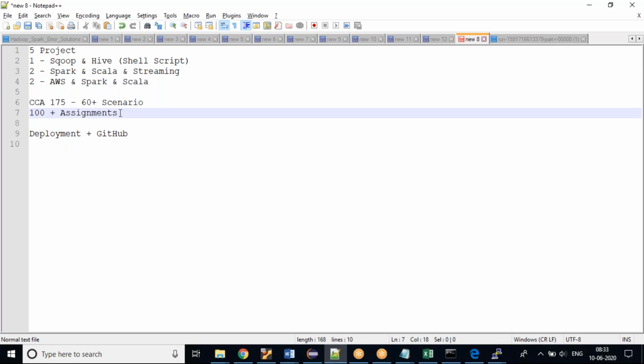And I would be following up, once I get time out of my personal work, just pinging: what is the update, where are the screenshots, or have you pushed the code? If you're not pushing to GitHub, at least share the screenshot so that I get to know where people are learning, where people are getting stuck. So if we need to join on the weekends half an hour or 1 hour early so that we can look into the issues, we can do that as well.